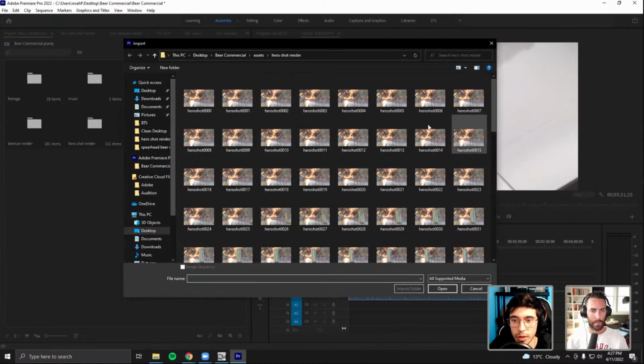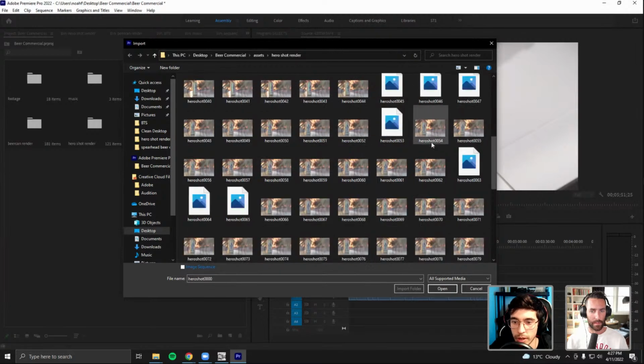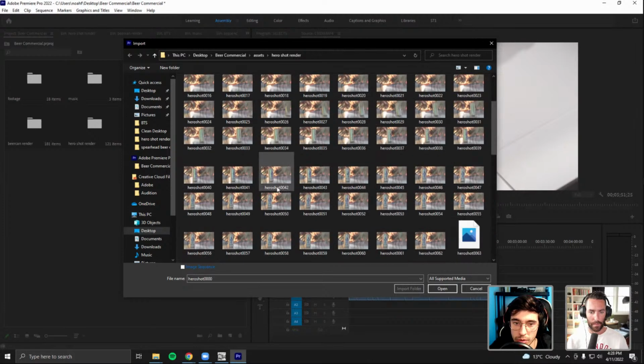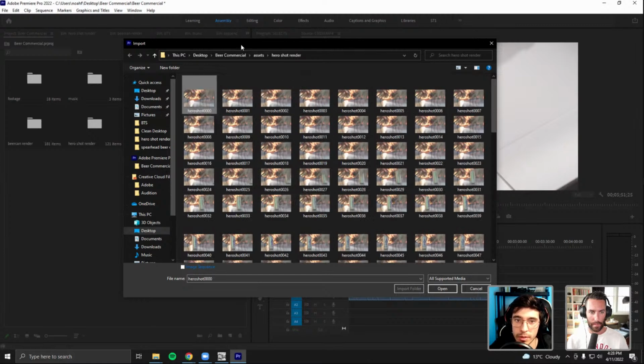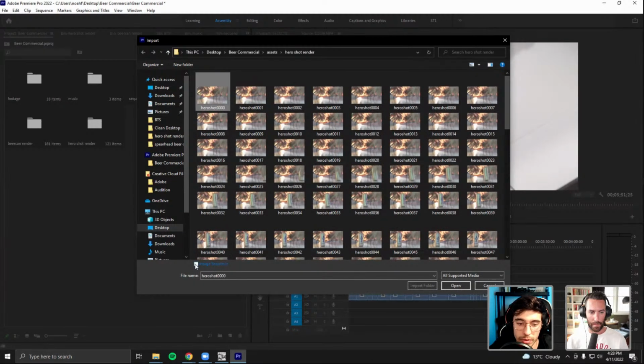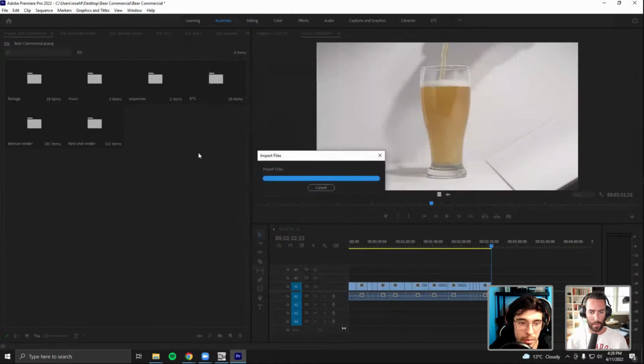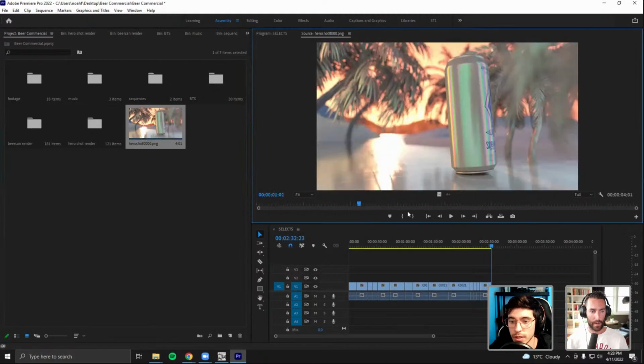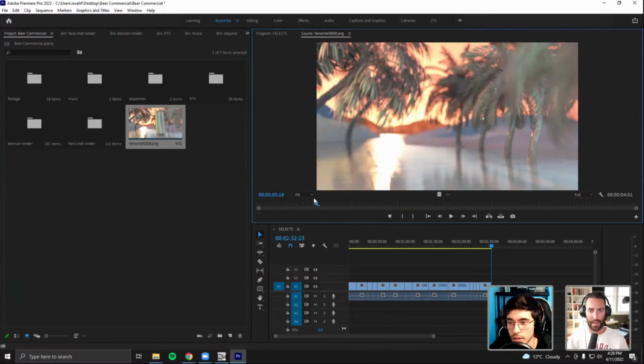So I actually rendered this with 3D software. And one thing you have to do if you're importing assets from 3D software is that, depending on how you render it, it'll give you individual frames, and then you have to reconform those frames to an actual video. So what I do is you just click on the first one and click image sequence, this little checkbox down here, press open, and now it'll actually bring it in as if it was a video. So this is the hero shot.